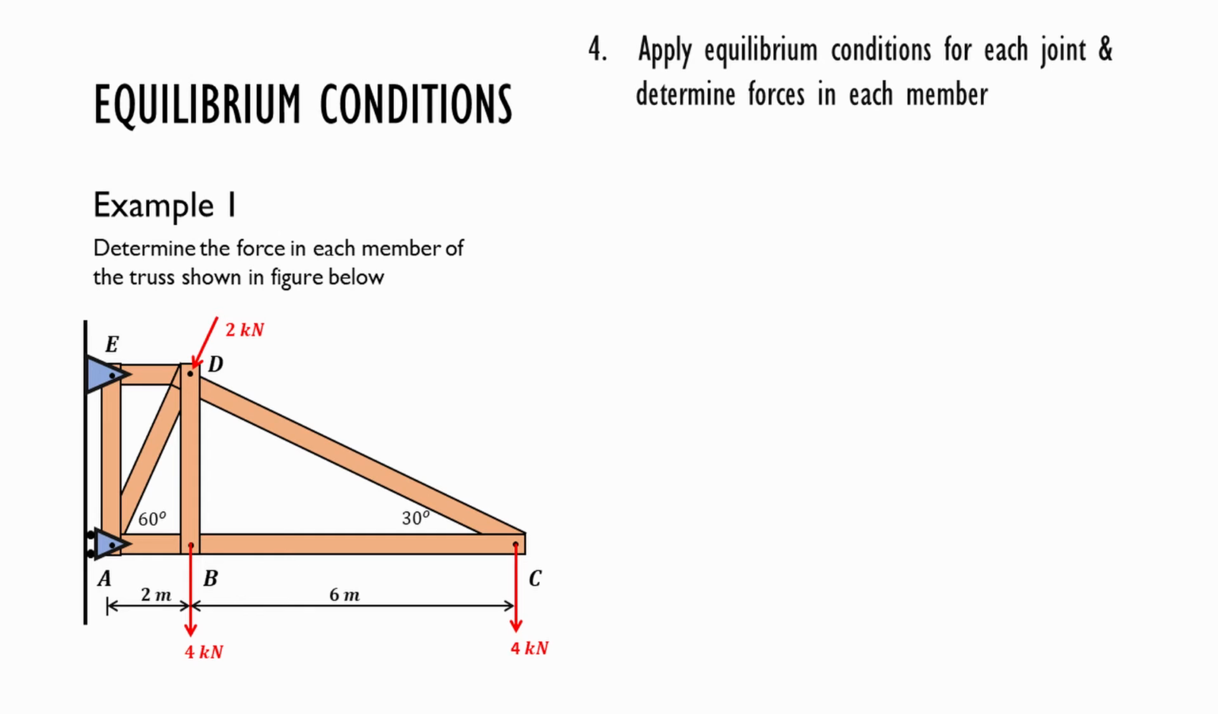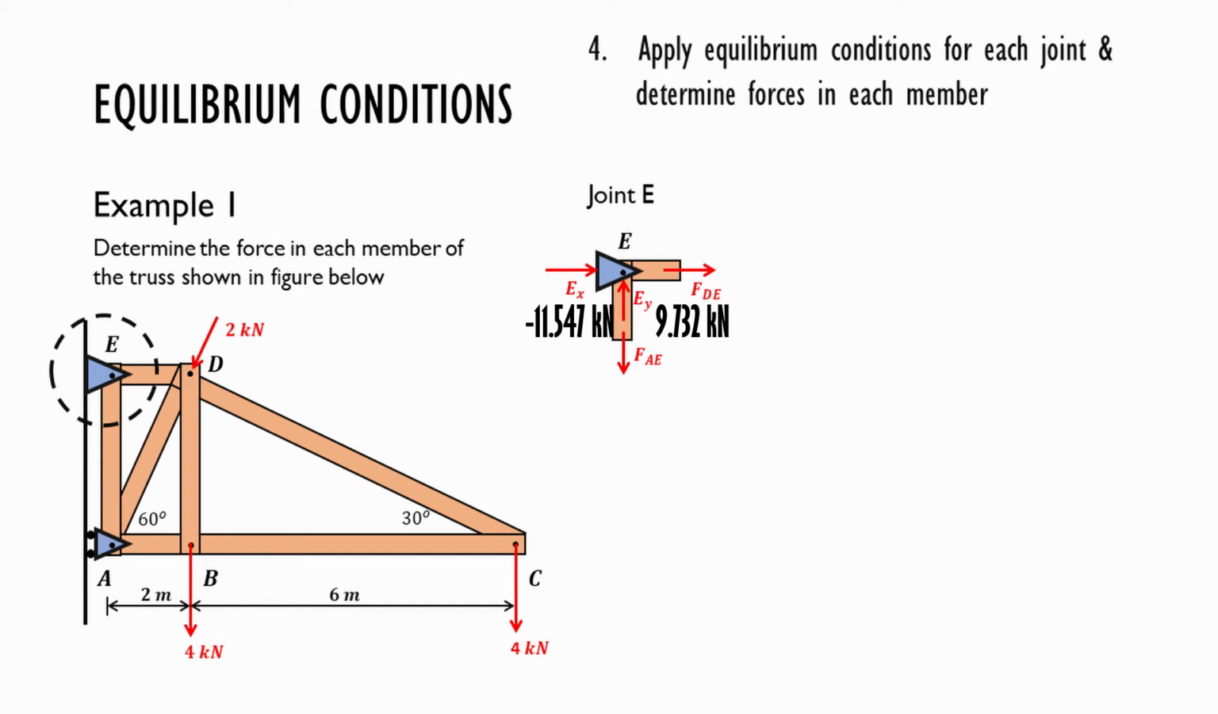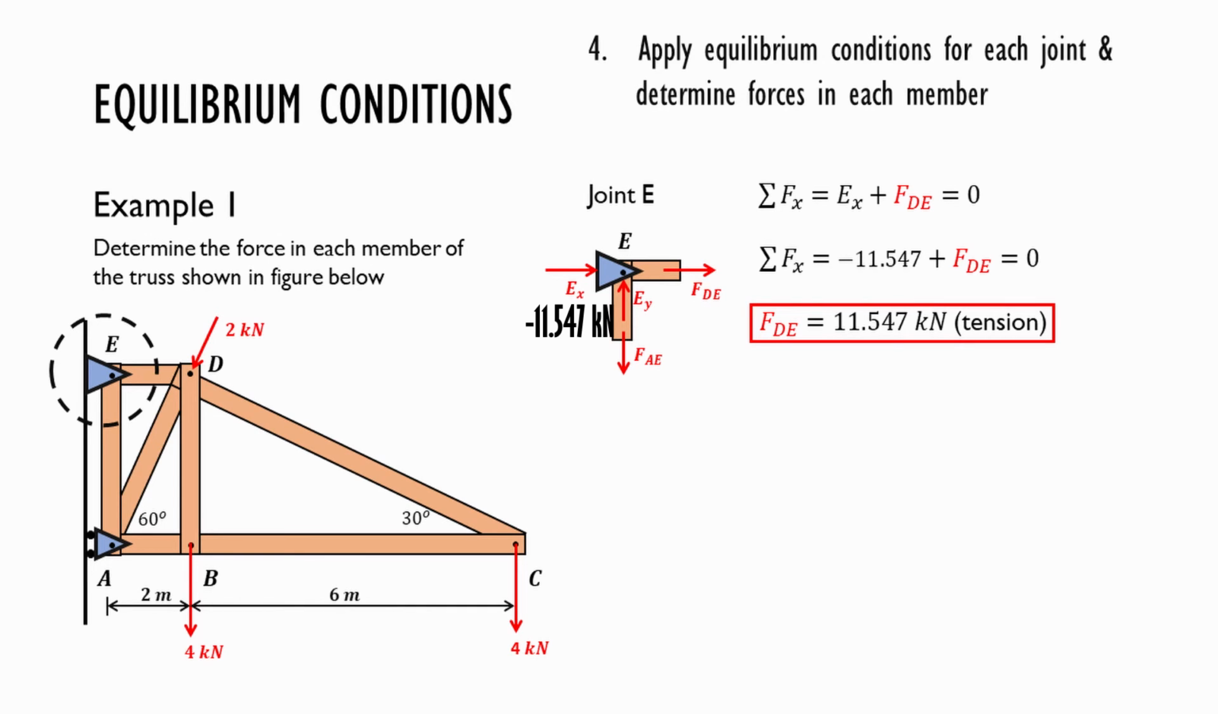Step 4. Apply equilibrium conditions for each joint and determine forces in each member. We start from applying equilibrium conditions for joint E. In the free body diagram for joint E, we already know Ex equal to negative 11.547 kilonewton and Ey equals 9.732 kilonewton. Sum all the forces in x direction. Sigma Fx equal to Ex plus Fde equal to 0. We know that Ex equal to negative 11.547. So we can solve for Fde as